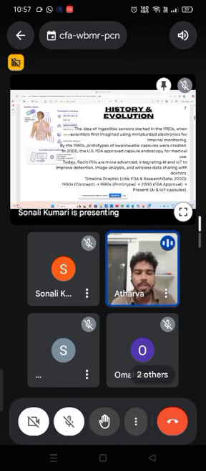Its history and evolution in more depth: the idea of ingestible sensors started in the 1950s when scientists first imagined using miniaturized electronics for internal monitoring. By the 1980s, prototypes of swallowable capsules were created. In the 2000s, the US FDA approved capsule endoscopy for medical use. Today, radio pills